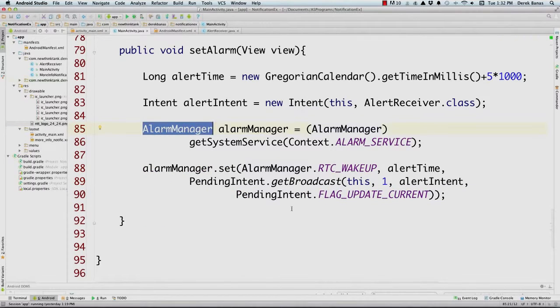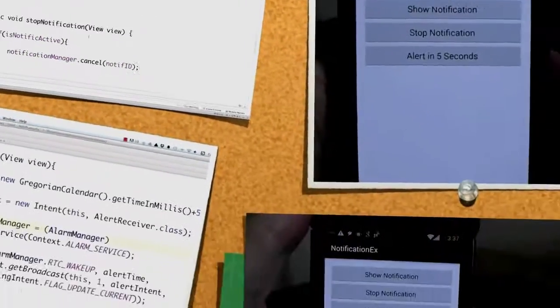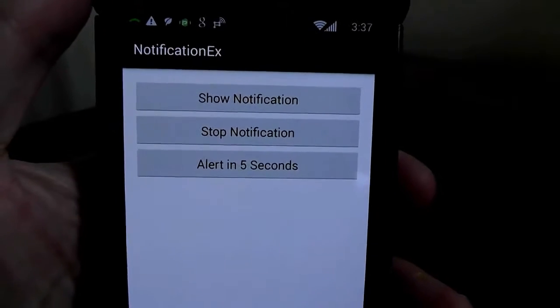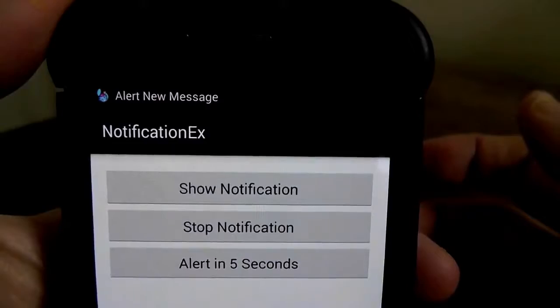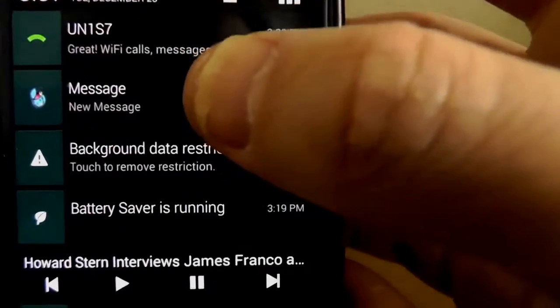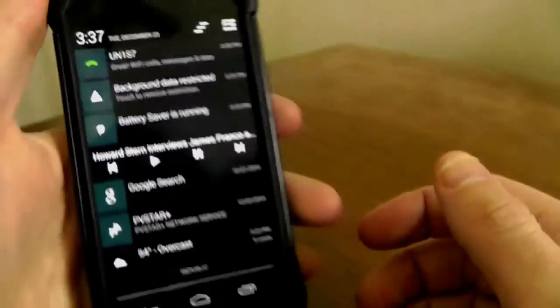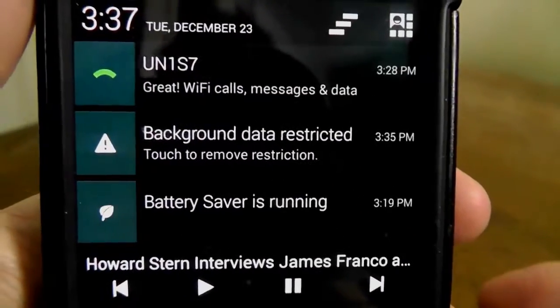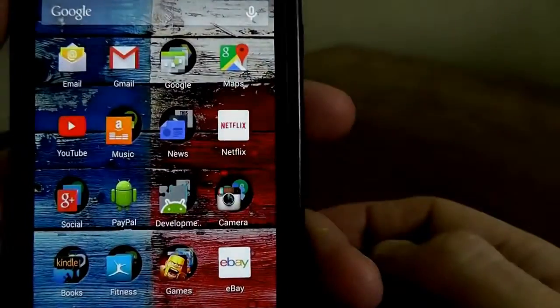Now let's jump over and see the application actually running so that we can see exactly what we did. Okay, so here's our application. It has 3 buttons, just like we all know. And if we click on show notification, you can see the notification pops up right there on our screen. And you can also see that it shows up there in that taskbar. And if we click on it, it's going to open up that other layout, and you can put whatever you want there, of course. And then we'll be able to click on stop notification, which will delete it from our taskbar menu as well. And then we're also going to be able to click on alert in 5 seconds, which will wait 5 seconds and then display.